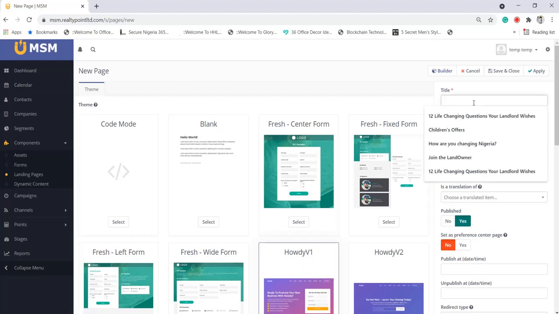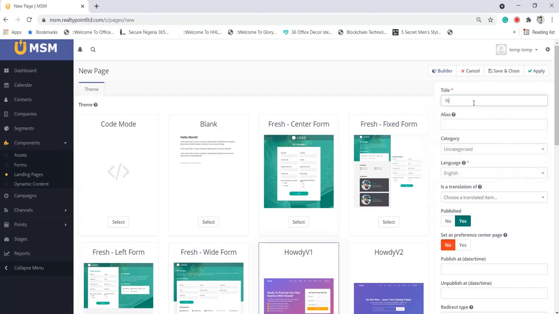Then we get Lola's Bakery. You can say Lola's Bakery July promo. Let's call it that. And you can also have an alias. An alias can be another name. You can just say,